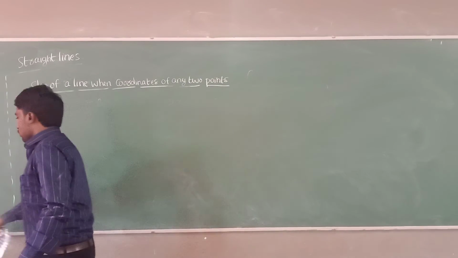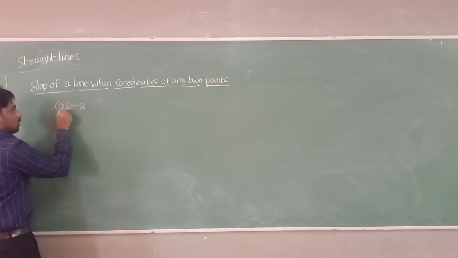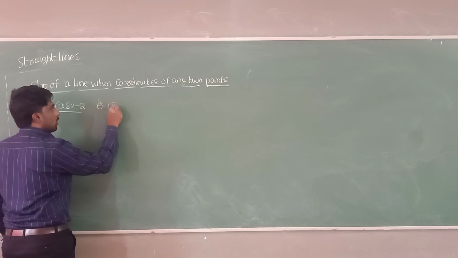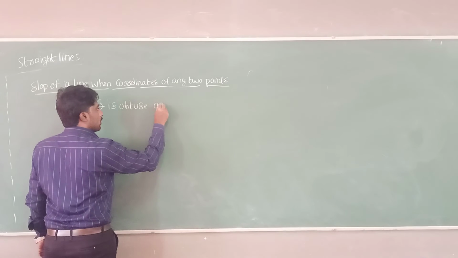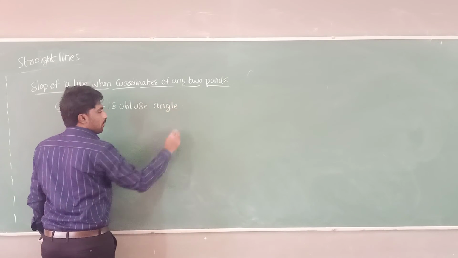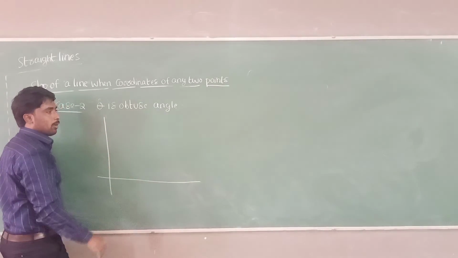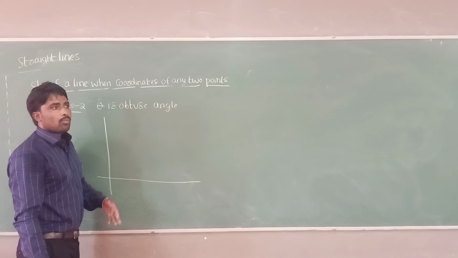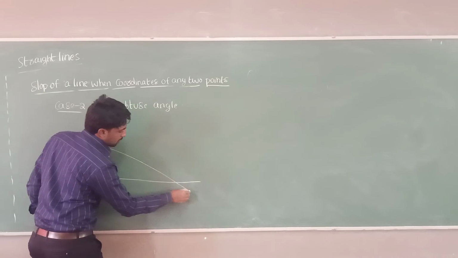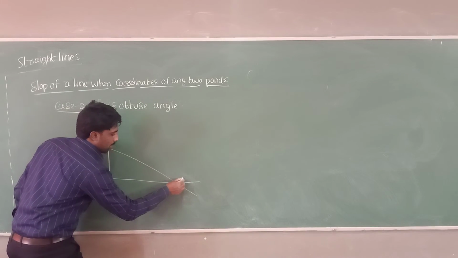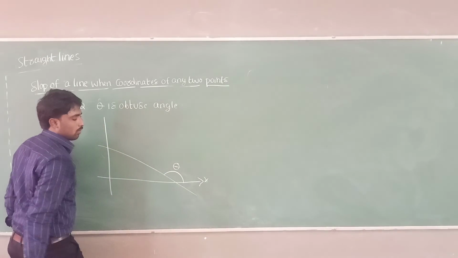All of you listen here. So if theta is an obtuse angle, case two. All of you listen carefully here, and I am drawing the diagram. If theta is an obtuse angle, obtuse means more than 90 degrees, the diagram will be like this. So this angle, which makes an angle with the positive x-axis, becomes theta.